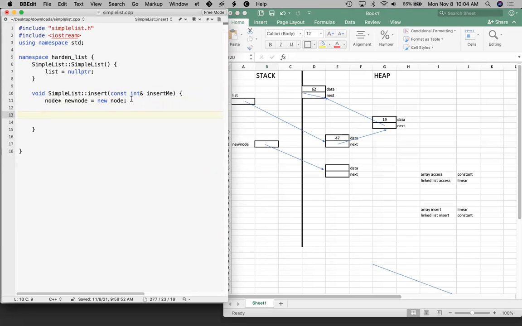Okay, let's put the data in. Might as well get that taken care of. New node, arrow, data, gets insert me. Who needs me to explain the arrow notation here? I guess we haven't done much with that, right? I don't think you've used it in an assignment. So basically what I'm doing here is I'm saying,